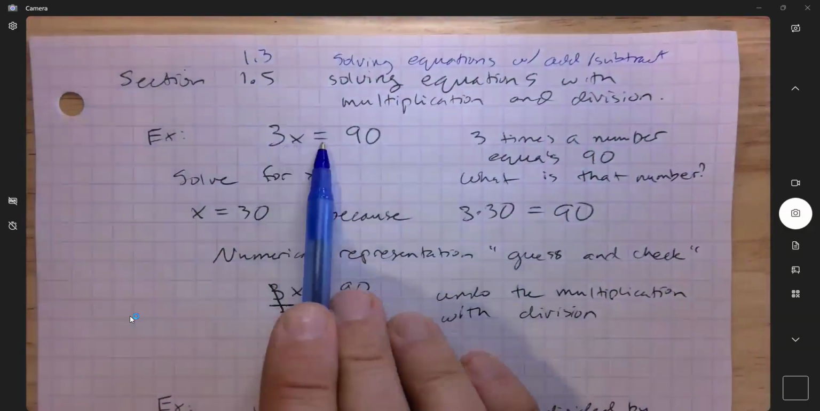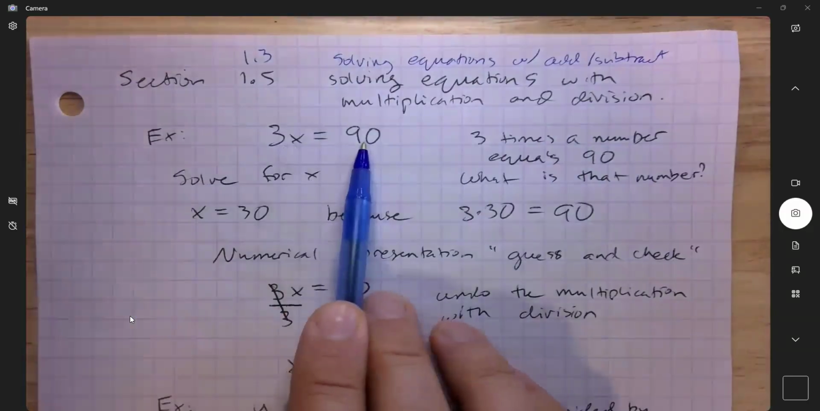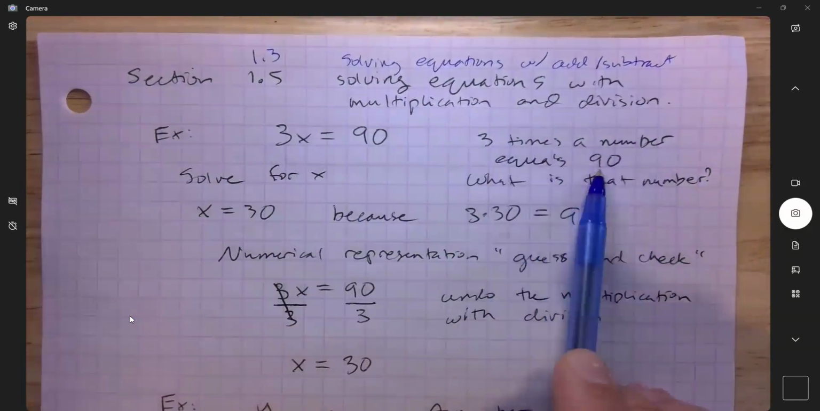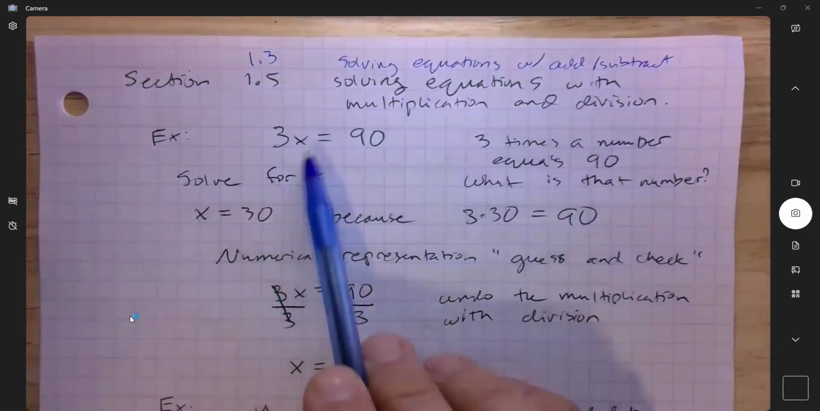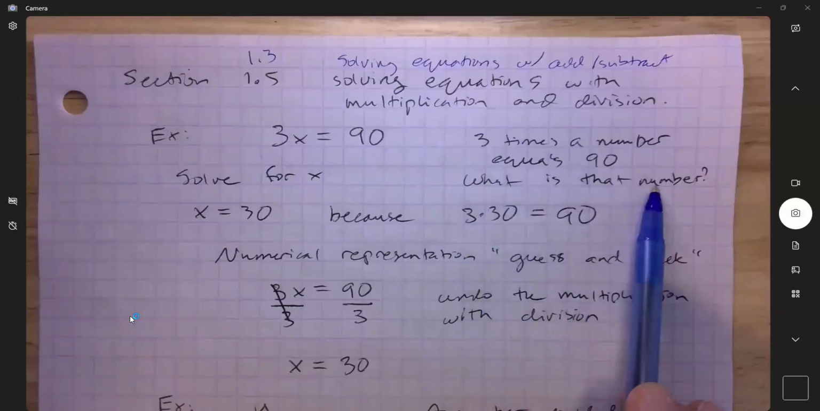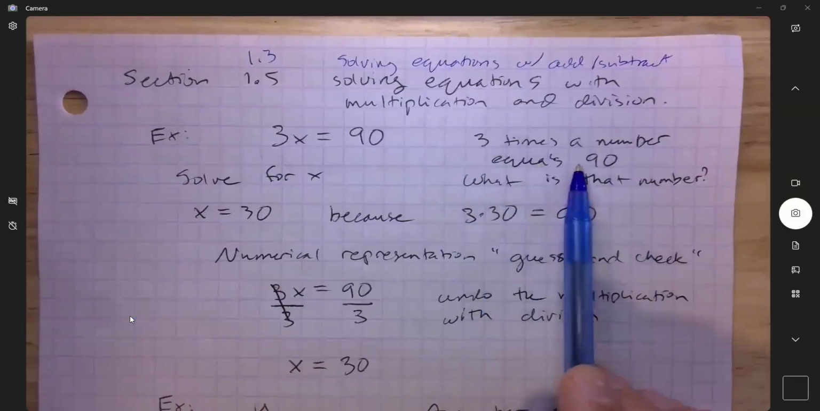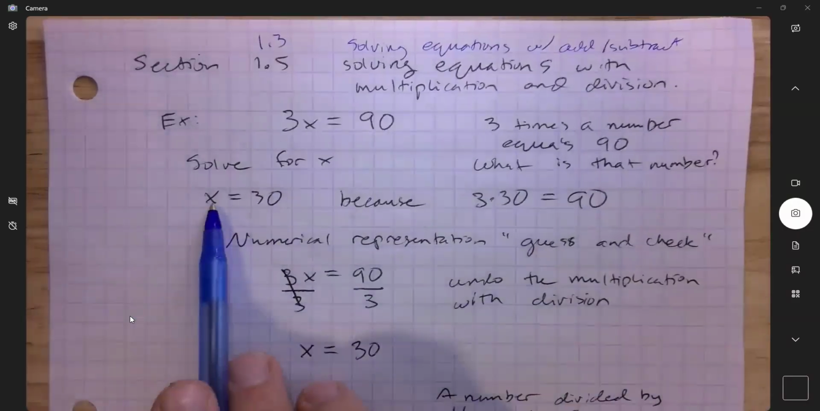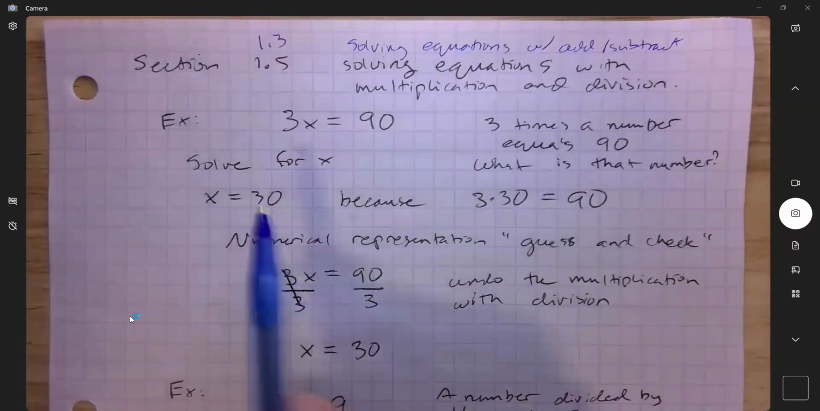An example, 3x equals 90. If I were to say this in words, I would say 3 times a number equals 90. If we solve this equation for x, we are saying, what is that number? 3 times a number equals 90. What is that number? I had a student in class tell me, well, x equals 30 because she knew that